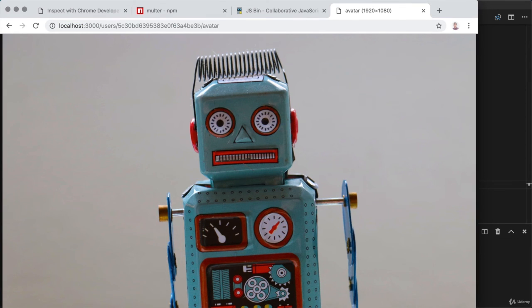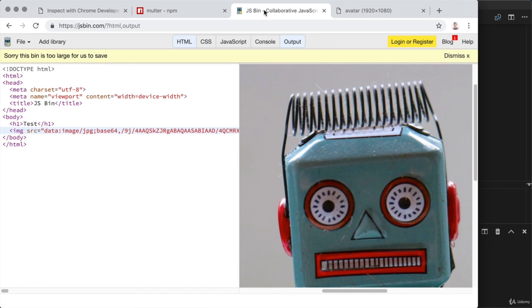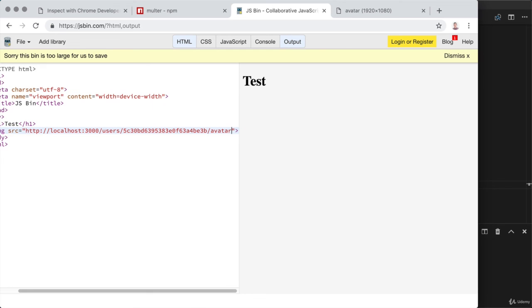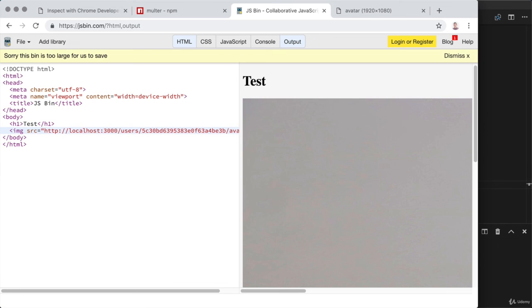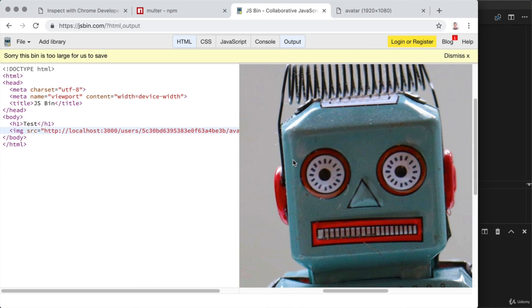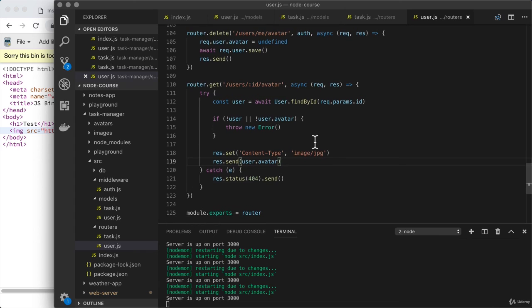Now let's grab this URL and see how we could use it in our HTML. So I'm going to copy this to the clipboard. I'm going to head back over to JSBin, and we're simply going to delete this image tag altogether. I'll highlight the entire line, trashing it, and we'll recreate the image tag from scratch. That'll be an image, img. Then we set up the source attribute. This time around, we're not doing anything complex, so we don't have to say that it's data of a specific type in this encoding. We simply provide the URL. When we do that, the browser automatically fetches the image, and down below we can see it just like we had in the past. So now we have a way for users to be able to access those profile pictures,